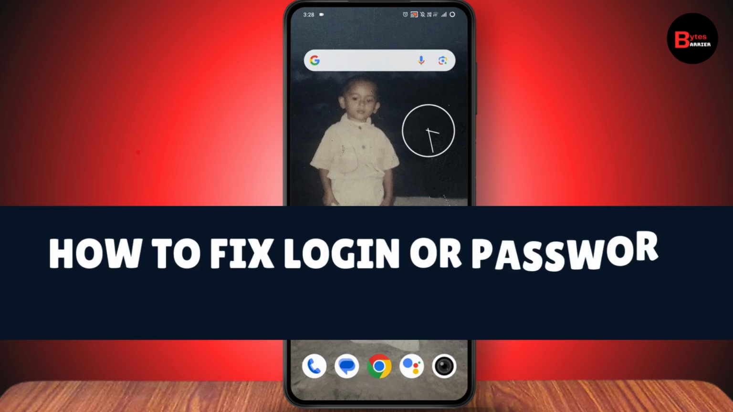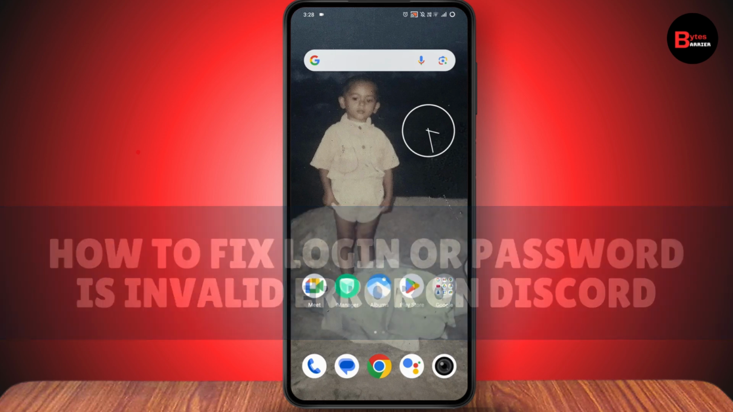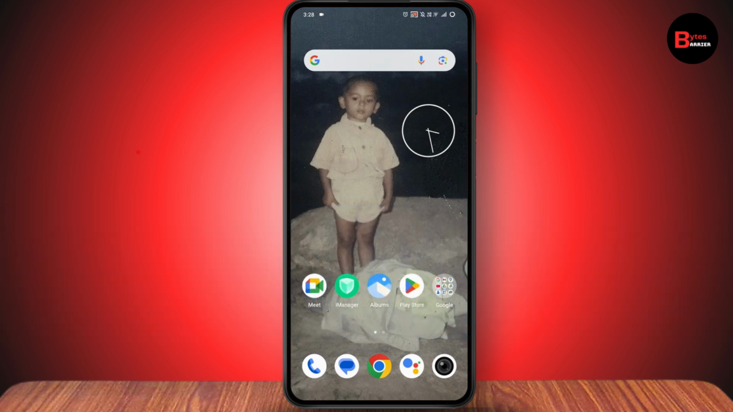How to fix login or password is invalid error on Discord. So if you want to fix login or password is invalid error on Discord, then what you need to do